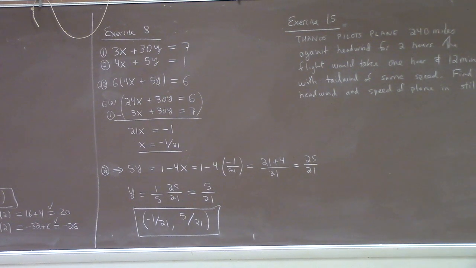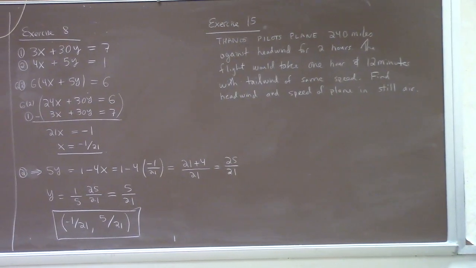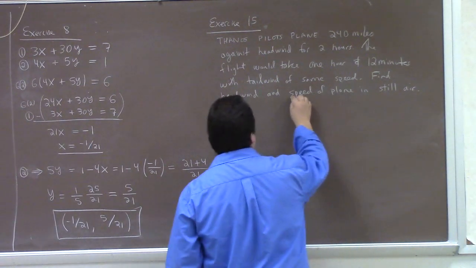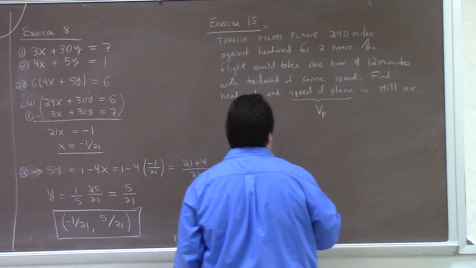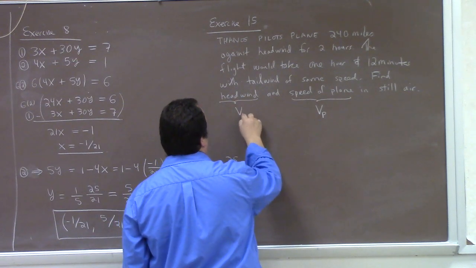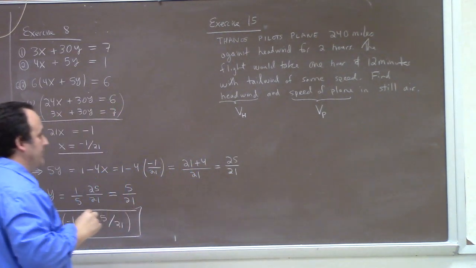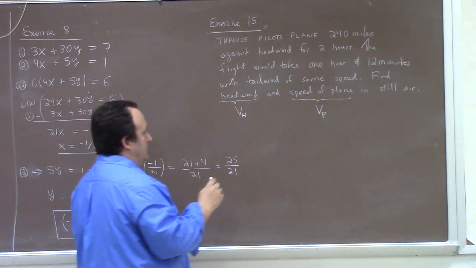So it seems like there are two things we don't know in this, right? The speed of the plane and the speed of the headwind, right? So let me call those speed of the plane, I'll just call VP, like the velocity of the plane. And the headwind, I'm going to call VH, H for headwind. You could, but I'll do V sub H and V sub P. And so the point is that,